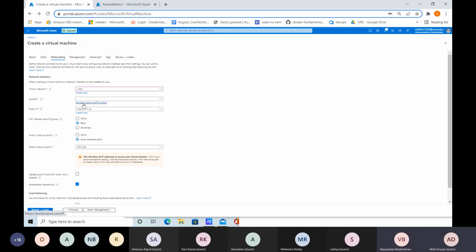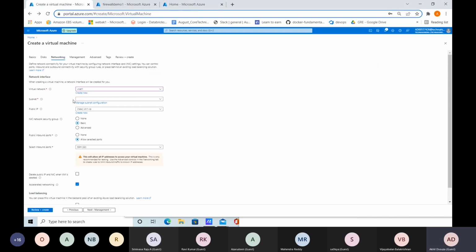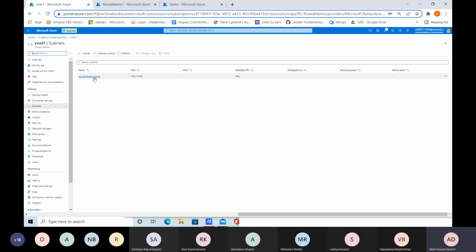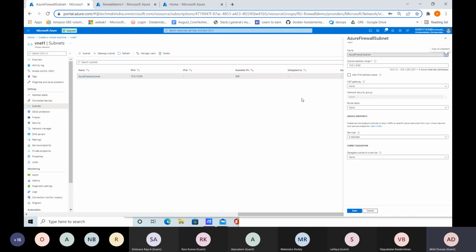Okay. Can you click manage subnet configuration? No. Because it will go away, I guess. So do I create a new subnet? Yes.